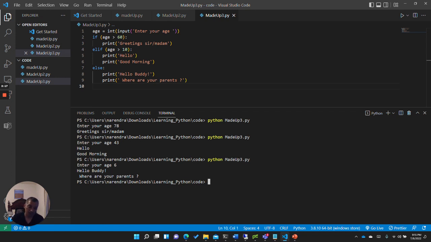I hope this little bug that I introduced actually served a purpose to tell you that elif is short for else and if. That means only if the first condition that the program checks is not satisfied will it even go to the elif. Otherwise, it will just skip it and go to else. That's what happened, and that's why the last program didn't run as we wanted it to.